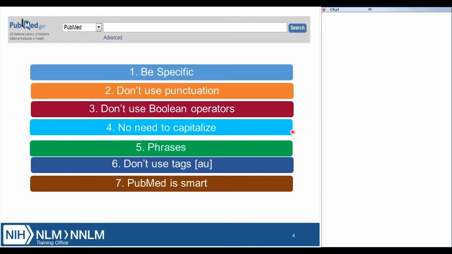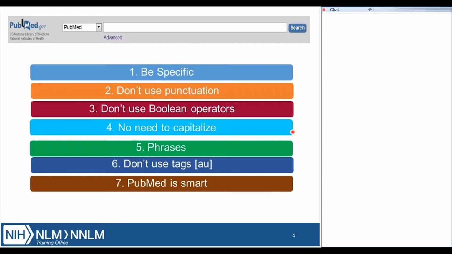The search box lets you do a keyword search in a sophisticated way because of the way it's programmed. So I'm going to start with some tips from the National Library of Medicine about how to use that search box effectively. The most important thing is to be as specific as possible for a couple of reasons. First, the indexer uses the most specific terms available when they apply MeSH terms to an article. And the more terms you use, the narrower your search will be and the fewer results you'll retrieve,